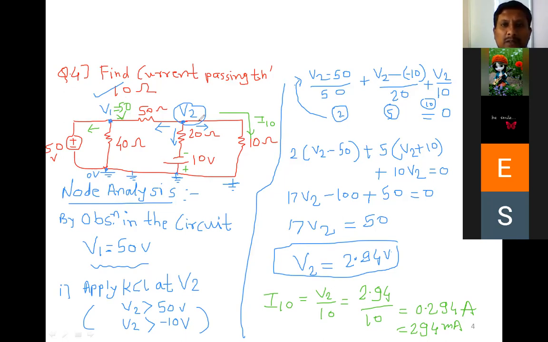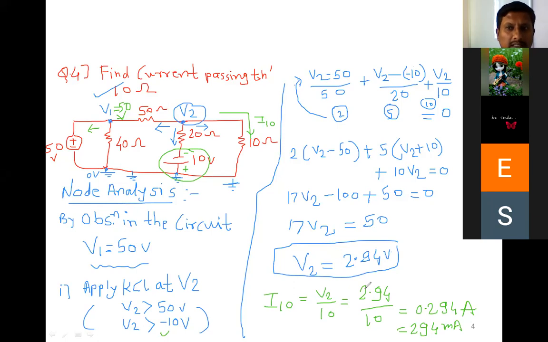Now next, only one principal node is there, you can understand properly. Again the students are making a mistake here. They are taking V2 greater than 10. No, you can check the polarity, and you have to write like this: V2 is greater than -10. Even though they are writing like this, the mistake they are doing here is taking V2 -10. So you can get the wrong answer.